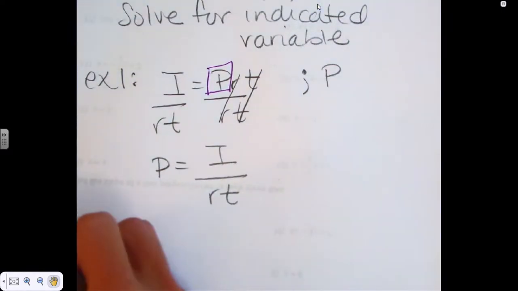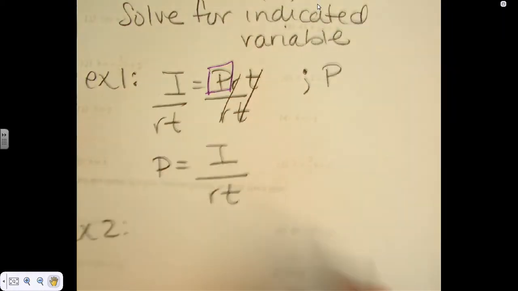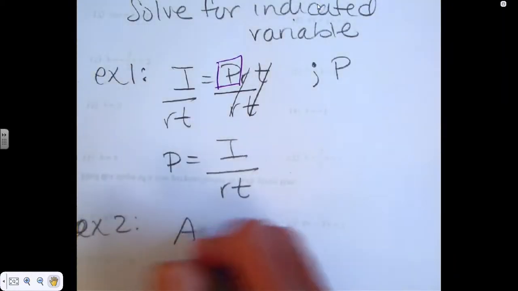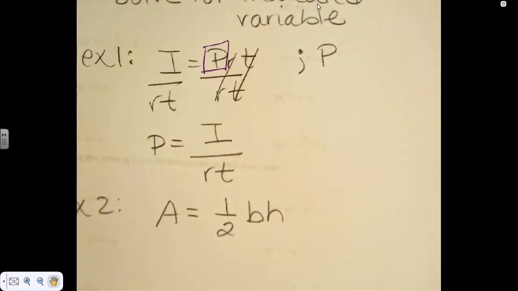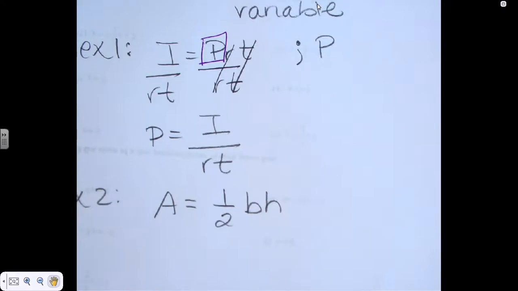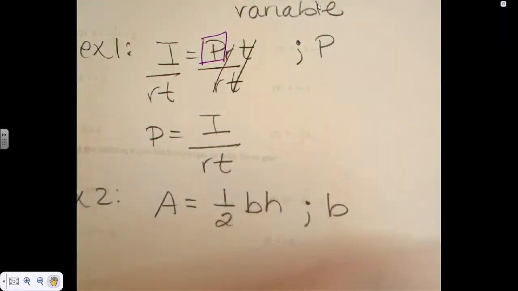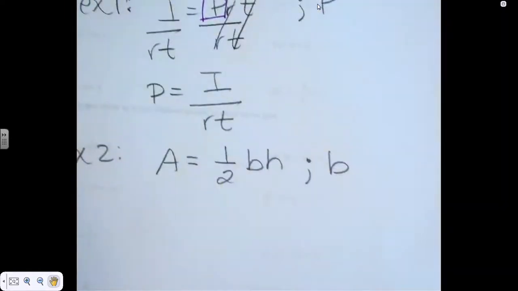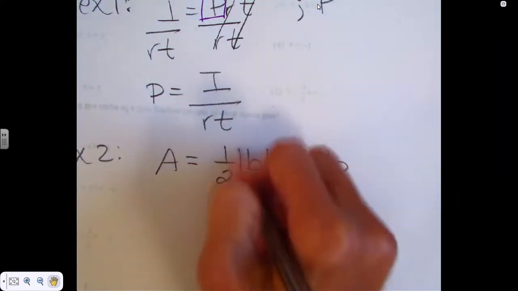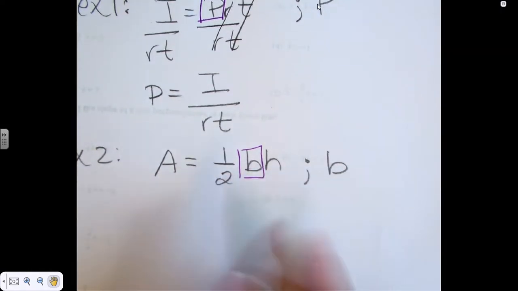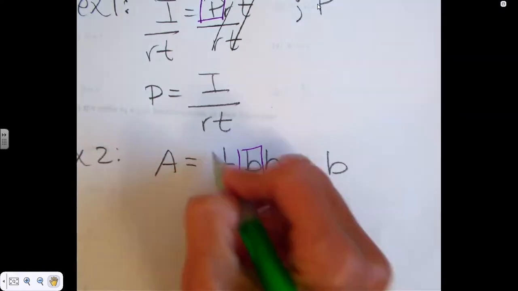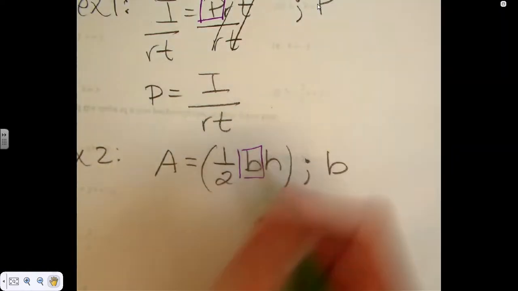Okay, number 2. Okay, another familiar formula. And I'm solving for b. Okay, so I think of what's being done to b. Well, first of all, as you know, we need to clear out that fraction. So I'm multiplying by 1/2, so the inverse of multiplying by 1/2 would be, excuse me,